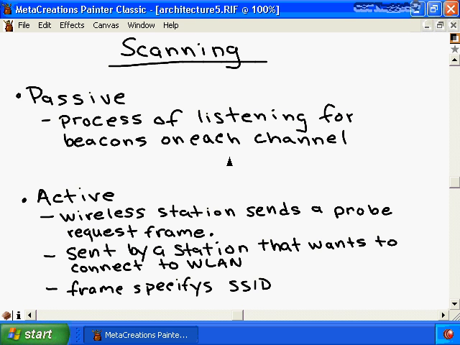Let's say, for example, there's 2 wireless access points that are within the range of the laptop computer that wants to join a wireless LAN. Well, it's going to look at the beacons that are transmitted by both of these wireless access points, and all else being equal, it will attempt to join the wireless access point that has the strongest signal strength and the lowest bit error rate. So essentially what's happening here is that the wireless station is lurking in the background, listening